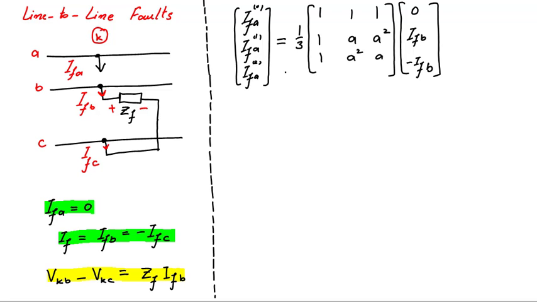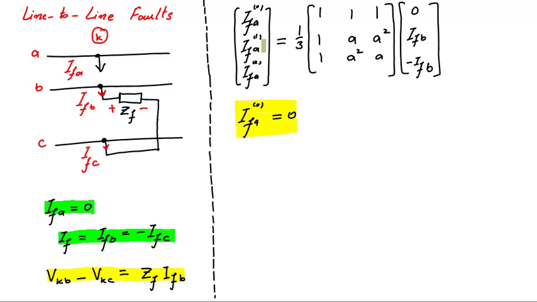From here we can see that the zero sequence fault current, IF zero sequence, will be equal to 0, as we add these three currents, 1 by 3 into the sum of these three currents, which will be equal to 0. So this is another characteristic of a line to line fault in terms of sequence components. As there is no zero sequence current, there will be no zero sequence voltage, or we can say in short that the zero sequence network is not involved in the calculation of line to line fault current.